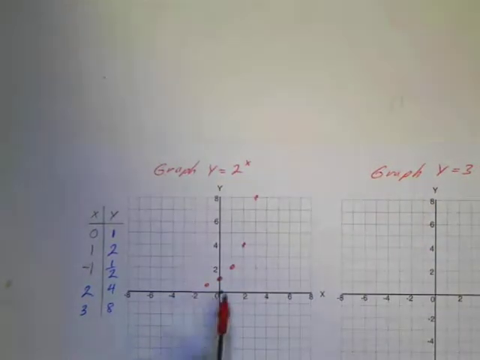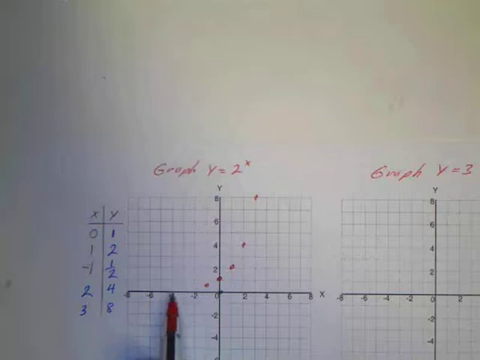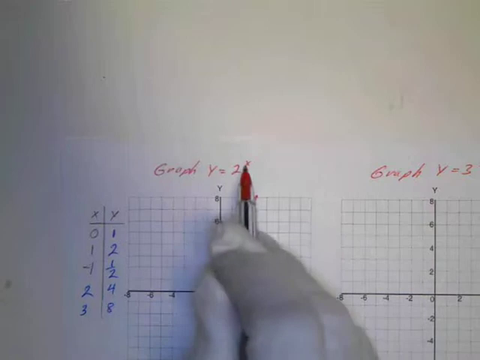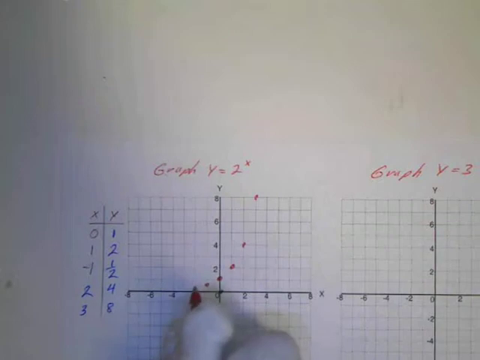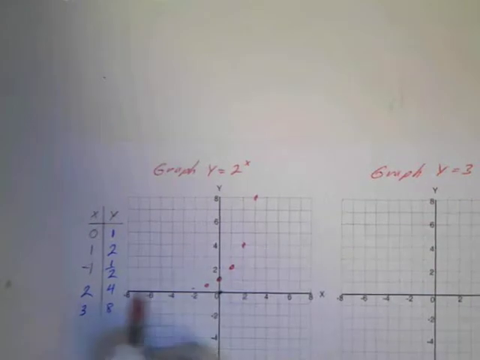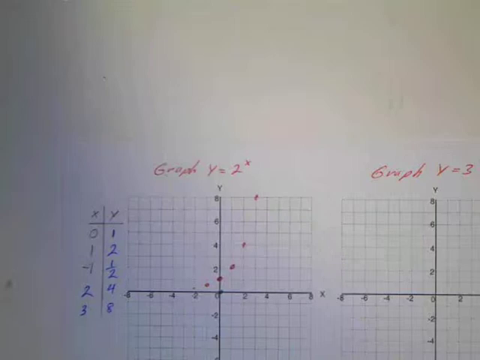Now what happens is this is going to get closer and closer. When x is -2, this is going to be 1/4, because 2 to the -2 is 1 over 2 squared, which is 1 over 4, which is 1/4. So you could see that that's going to get closer and closer, but it's never going to get negative, because we're always going to have 1 over some number. So when we sketch our curve,